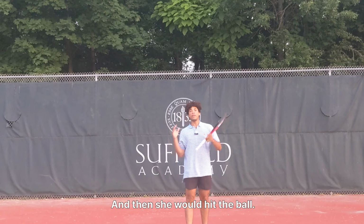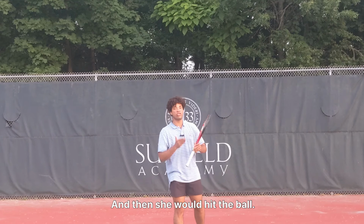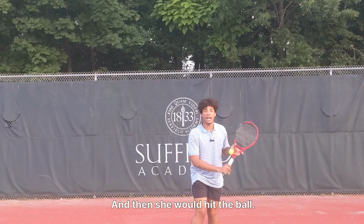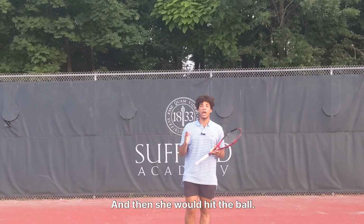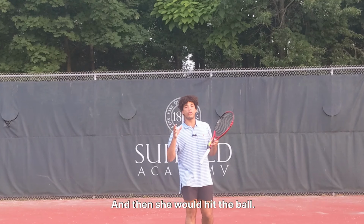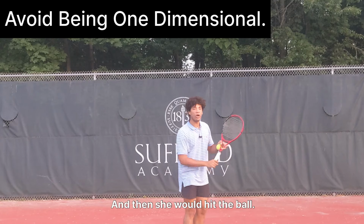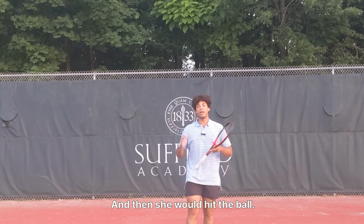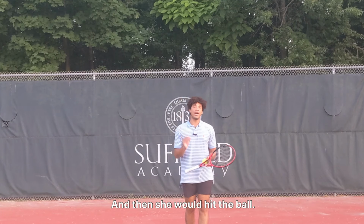So this situation can teach you that when you get a short ball, don't be afraid to move into the net and finish with a volley, okay? Because that can really, really help you not only mix up your strategy to keep your opponent honest and keep your opponent guessing, but also if you get a short ball, you can finish the point at the net, often with an easy volley. A lot of times, players start to be one-dimensional,